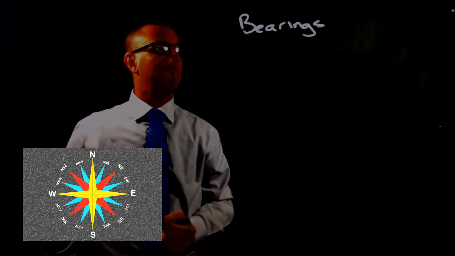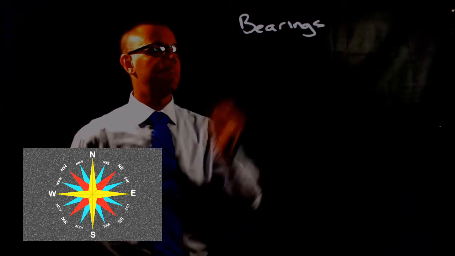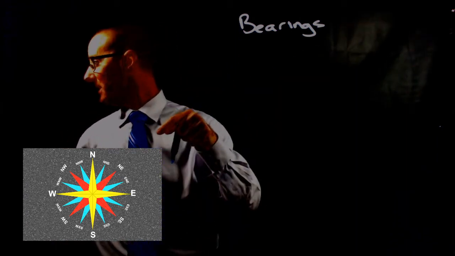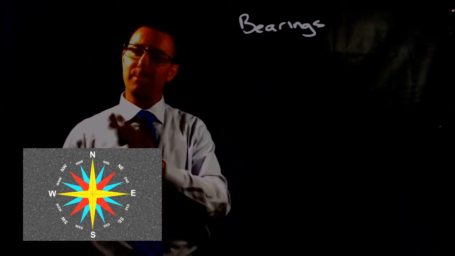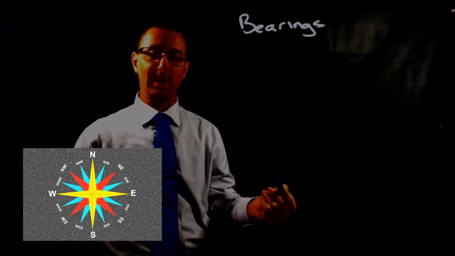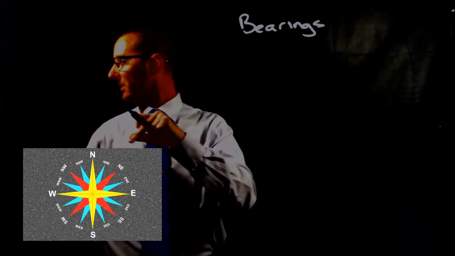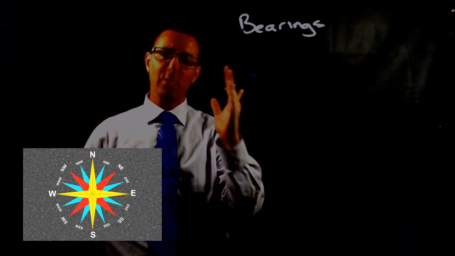Alright, the next term that we're going to learn about as we study trigonometry is the term bearings. Now you can see here I've got a picture of a compass. Now bearings are generally taken when we're using a compass. They're measured from north, so you can see in my picture of a compass that north is normally drawn on